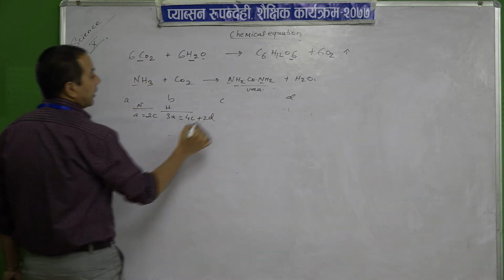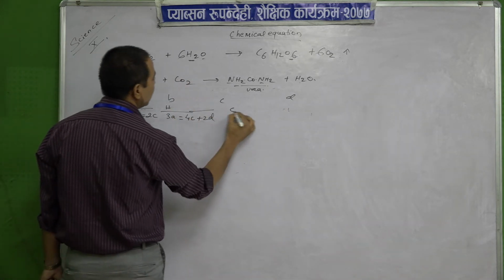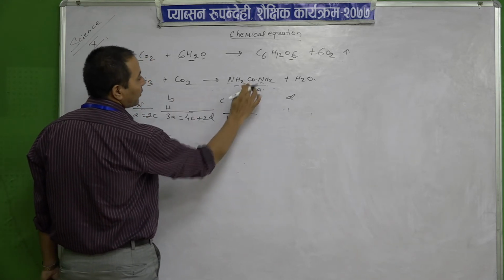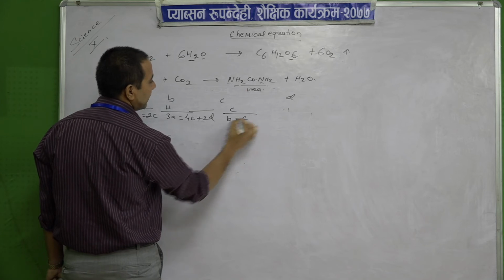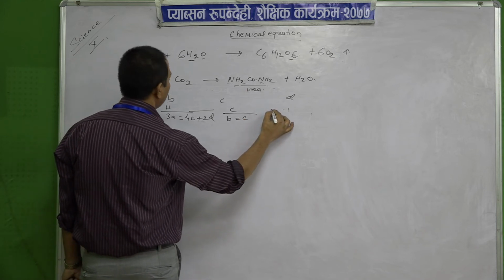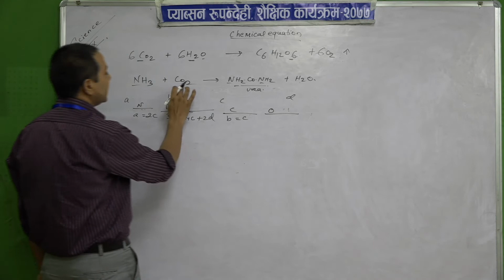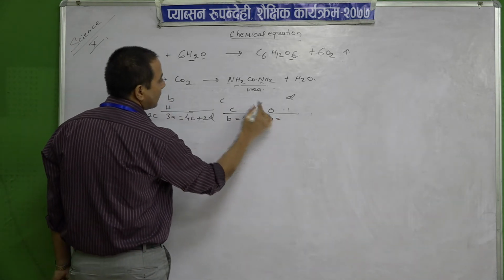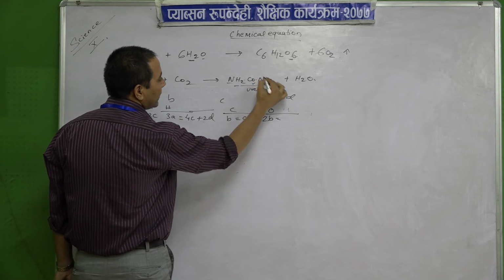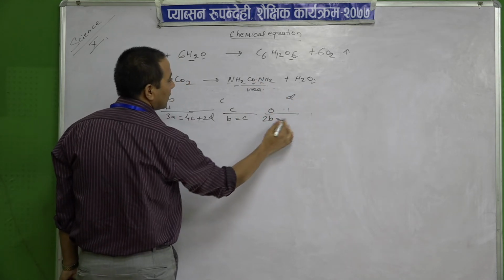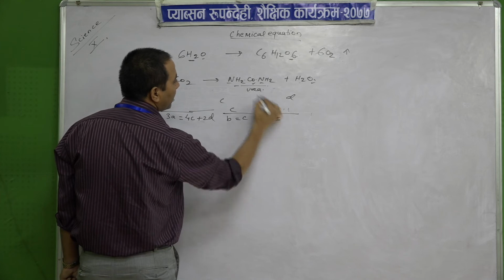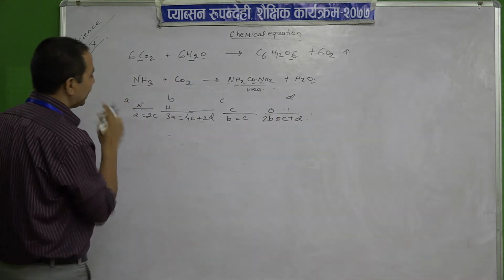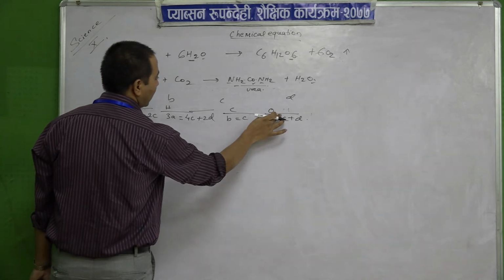Yes, and here carbon C. B equals to carbon is 1. What? C. Okay. Then carbon, oxygen. Oxygen how much? 2. Where? B. 2B equals to oxygen, it is 1 is here and 1 is here, that is 2B equals to C plus D. Okay, C plus D.